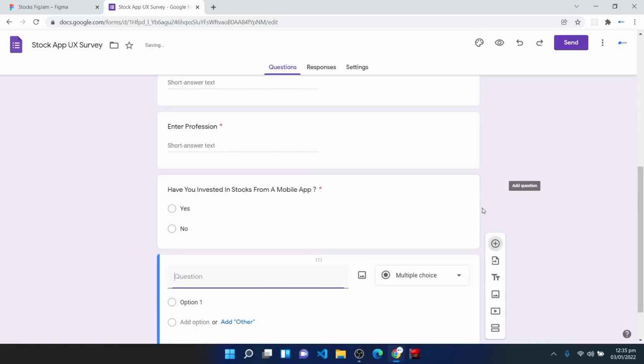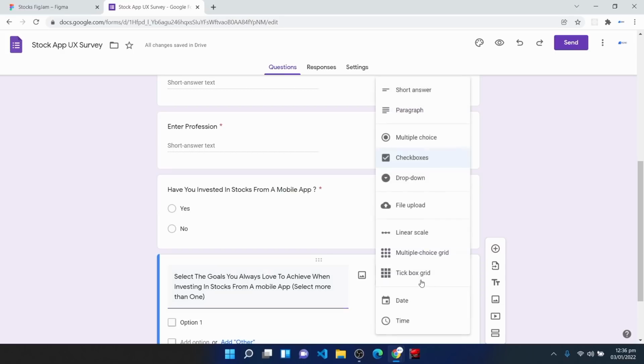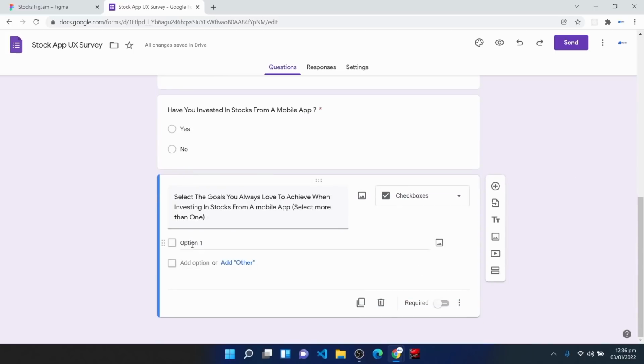Then I would add another question here, which is going to be: select the goals you always love to achieve when investing in stocks from a mobile app. Now I would have that in brackets saying select more than one. Now I would come here and I would make sure this is a checkbox option. Me making this a checkbox option is because I want the person taking the survey to select more than one answer. So I would come here, I would type in my first option, which is going to be invest